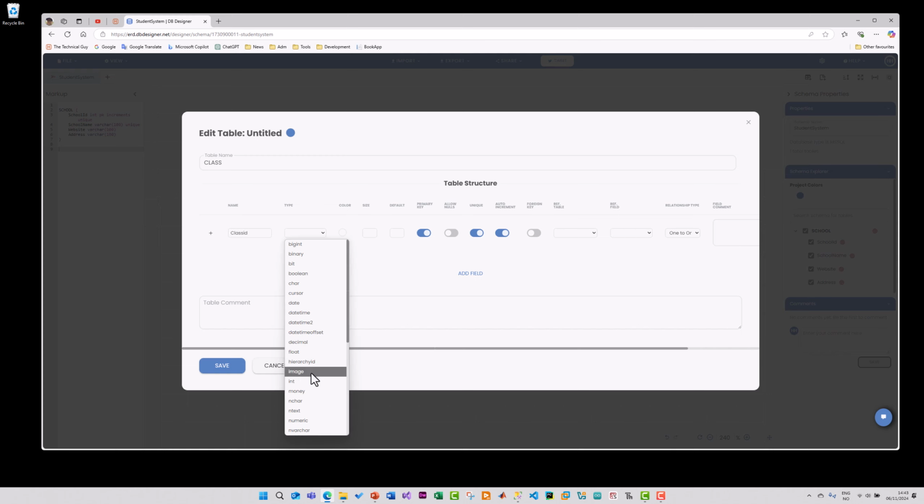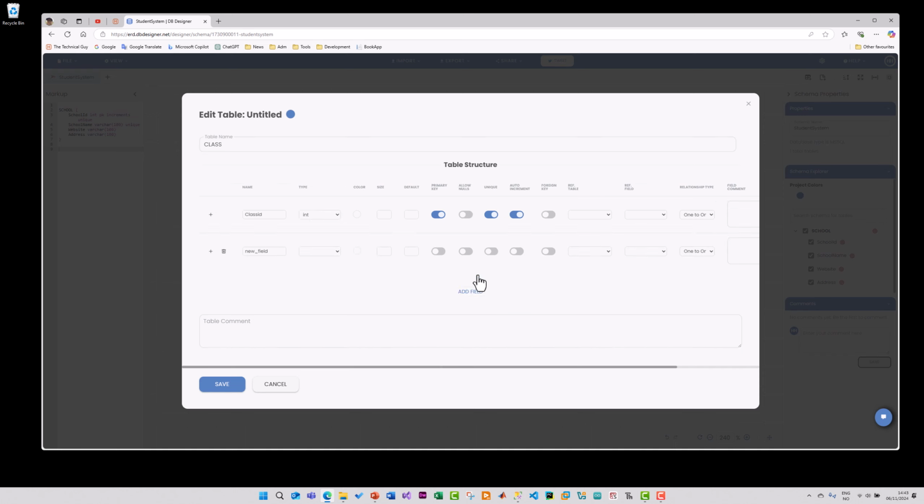Typically, since this should be the primary key, it's an integer. Then set this primary key. It should be unique and auto increment. Let's add some more fields. It could be